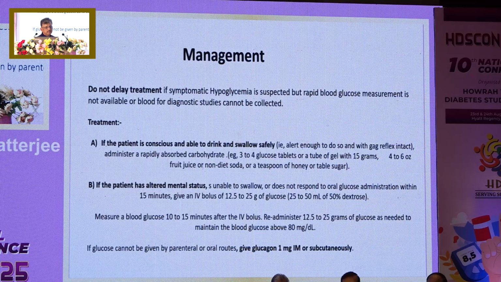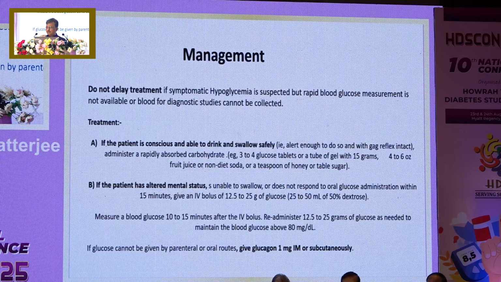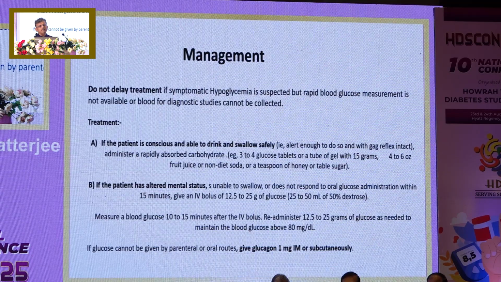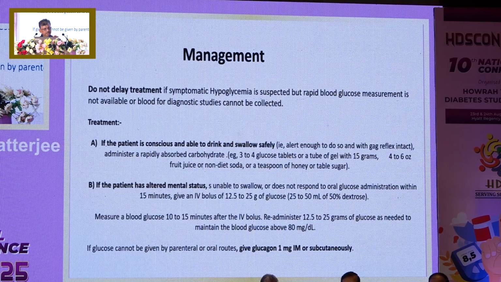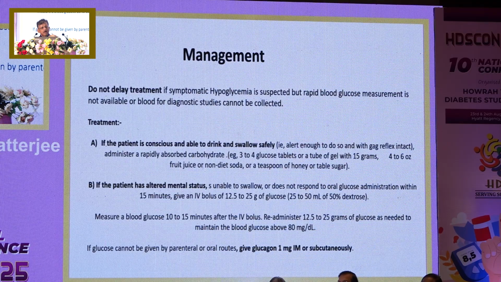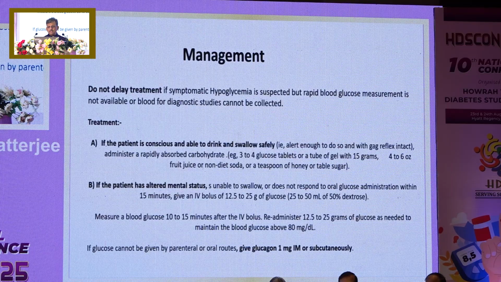As far as management is concerned, it is absolutely symptomatic. I have already mentioned in the acute stage, please treat the patient fast, and then go for investigation and provocative tests. Otherwise, if the patient is healthy, having an episode of hypoglycemia, give oral glucose, he can eat. There is the rule of 15: give 15 grams of glucose, wait for 15 minutes, check sugar. If it is again below 70, give 15 grams of glucose, wait for 15 minutes, recheck. If it is normal, ask the patient to have some meal with a good amount of simple carbohydrate, and then go for whatever investigation is needed.